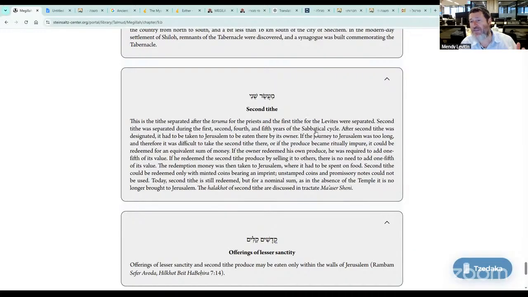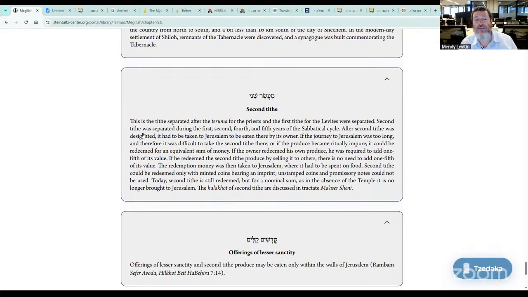So therefore the truma was kind of less. There's no real amount you have to give truma, but for tithings, 10% goes to the Levite, and the Levite has to give from his tithing 10% back to the Kohen. Okay, so they were separated. Second tithing, then, after that. First of all, you have to give truma, and ma'aser has to go to Levites and Kohen. Second, after that, you have to give a second tithing.